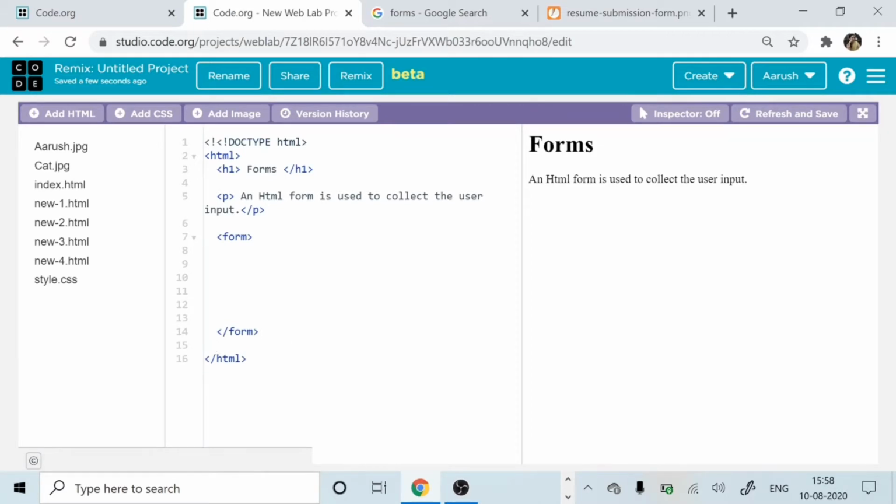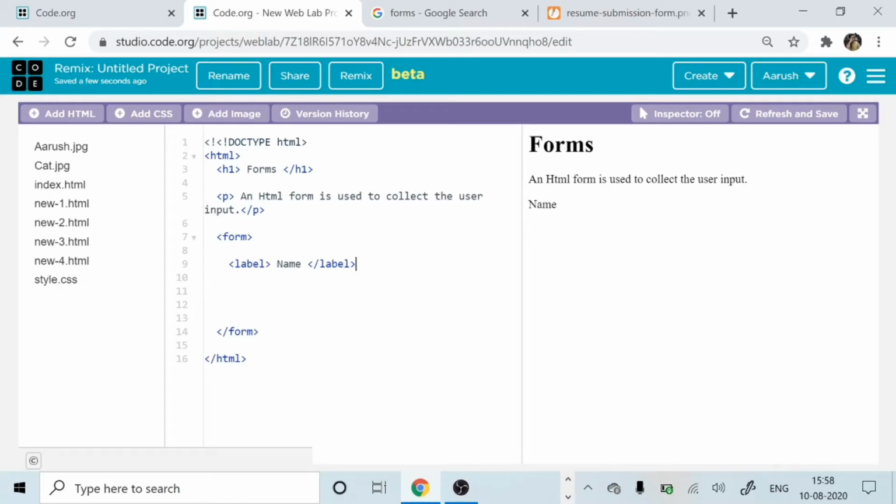You'll get an idea. Now, after the form, as I told you, the HTML input element is the most used form element. So what do you mean by it? I will show it to you. First let's put the label here. Suppose the label I'm putting as name. You have put the label as name and you need to close this as usual. So here you get the name label.